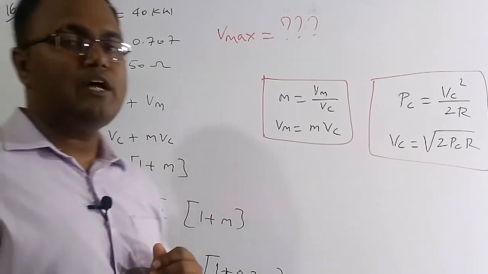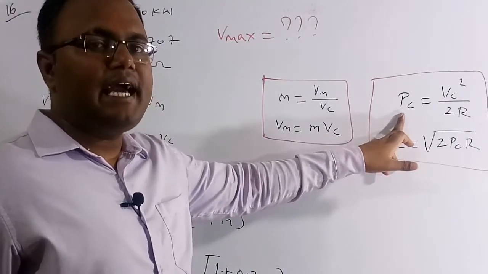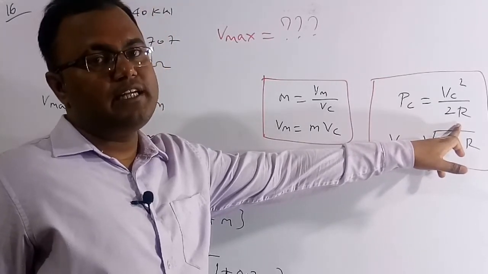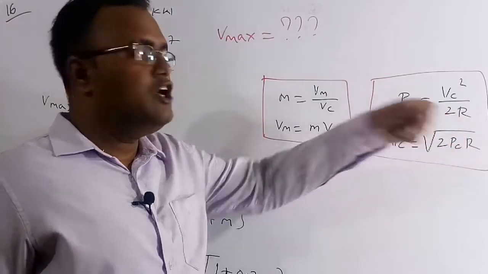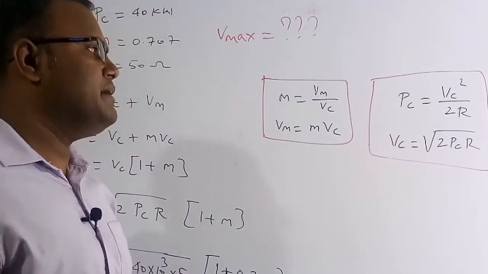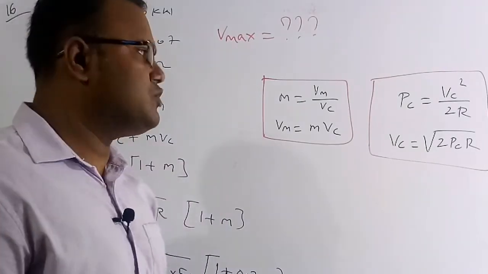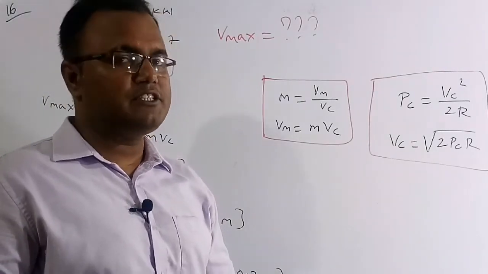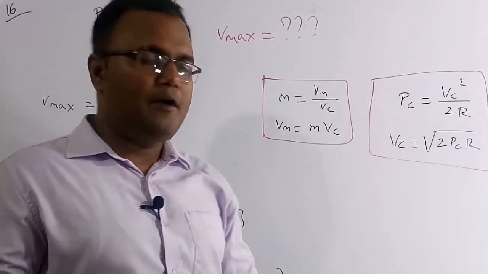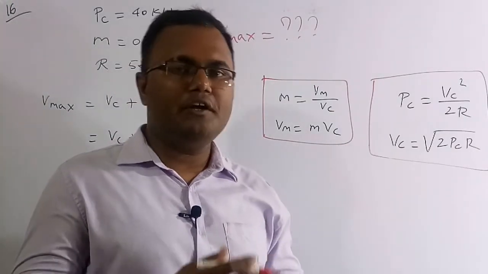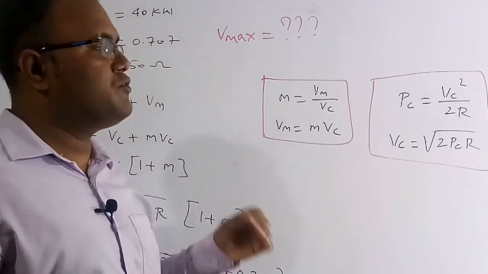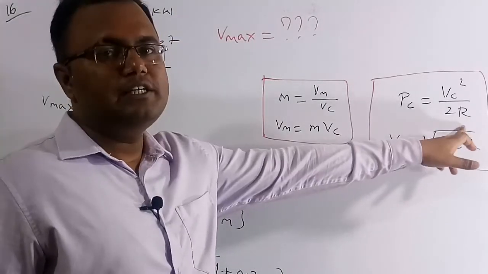Here we also know another formula, the carrier power. The carrier power is nothing but Vc square by 2R. R is the transmitter resistance. If the question does not give anything about the resistance of the transmitter, then by default we assume that the resistance is 1 ohm. But in this question the resistance is given as 50 ohm, so in place of R we need to substitute 50. Let me repeat: if the question has not given the resistance of the antenna, then by default we assume it as 1 ohm, but if the question gives some value, then we have to substitute that value.